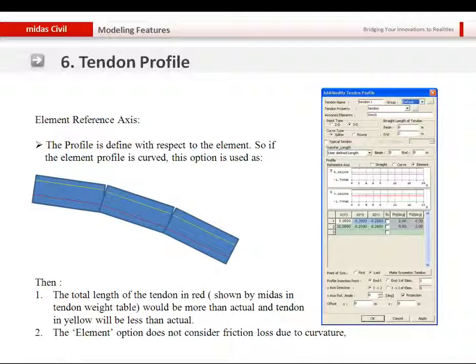If you select the element type, you can define the tendon along the element, and if you select the straight or the curved type of reference axis, then you'll have to define the tendon in the global coordinates. So if you select the element reference axis, then let's say I have defined two tendons, one in yellow color and the other in red color, as per the element reference axis. If you check the tendon length in the tendon weight table, then you would realize that